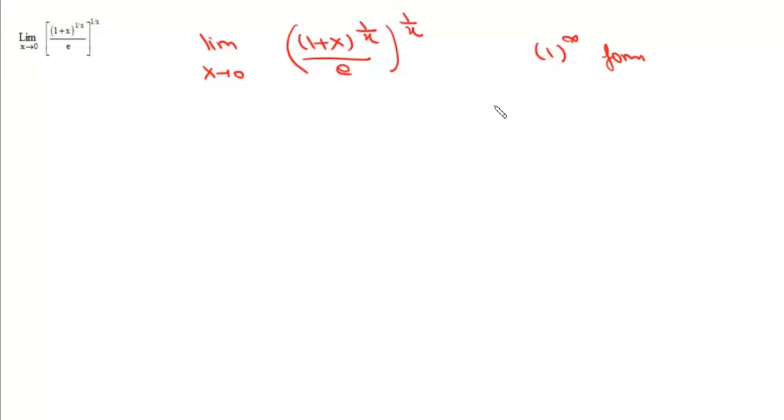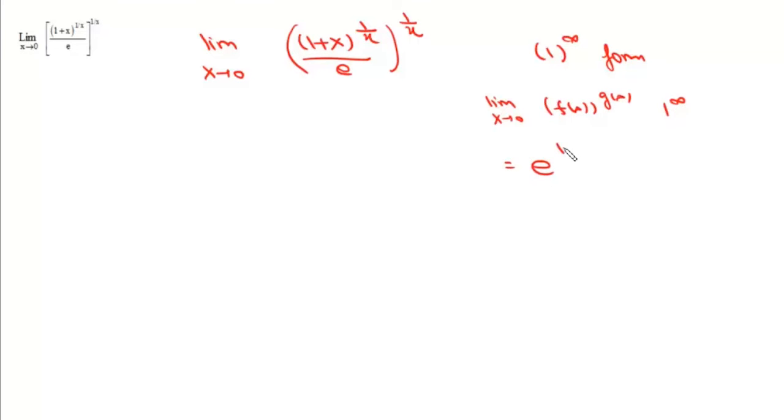Now here the question is we need to find this limit x tends to 0, 1 plus x to the power 1 by x upon e whole to the power 1 by x. Now if we take this limit, 1 plus x to the power 1 by x is e upon e is 1, and 1 upon x will be infinite. So it is 1 to the power infinite form, and we know that there is this shortcut limit x tends to 0 fx to the power gx, and if it is of the form 1 to the power infinite, we can write